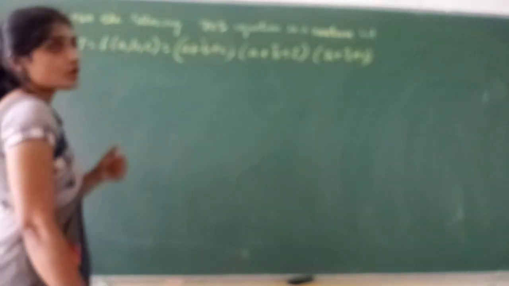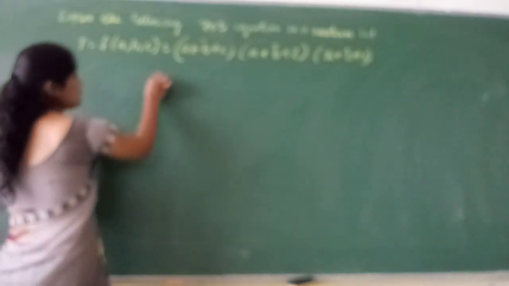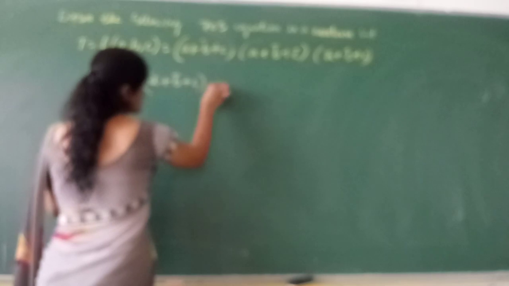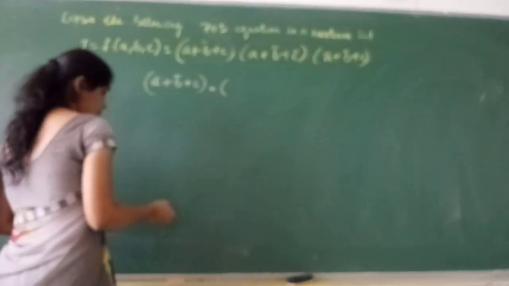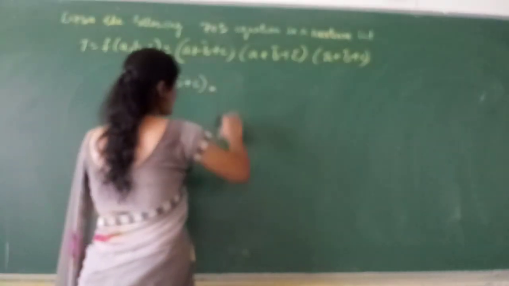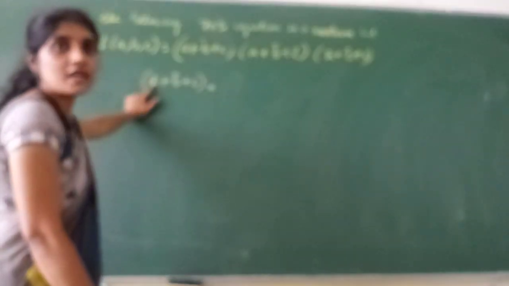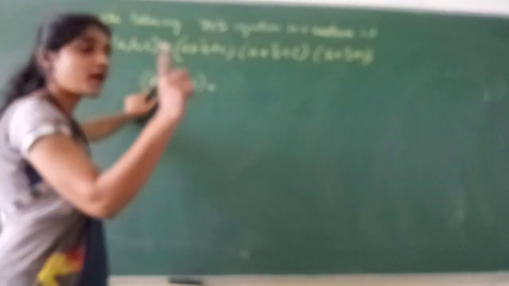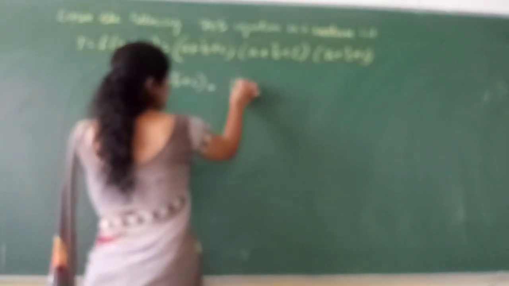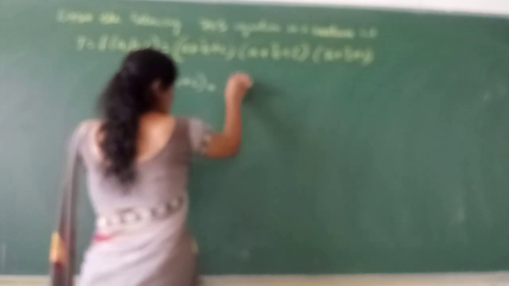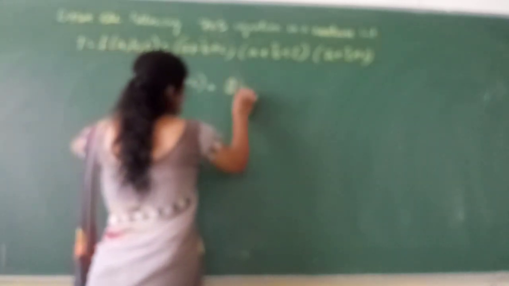So now how to list out the max terms here? Same. So I take the first term a plus b bar plus c. So if I take this, what does this correspond to? In max terms, if I write a, that variable is taking logic 0. We are writing the max term as 0, 1, 0, that is 0, 1, 0 in binary.